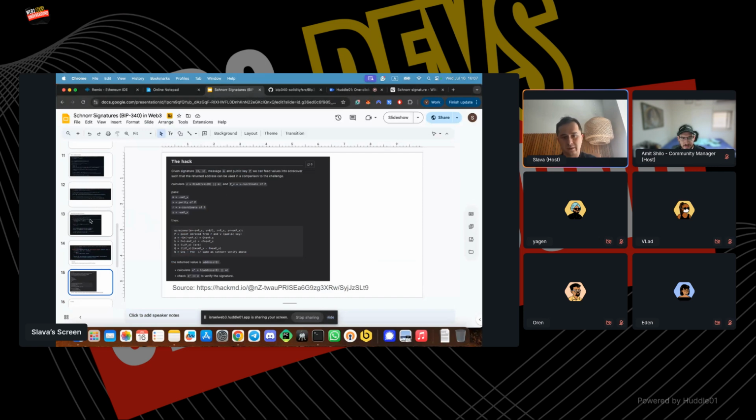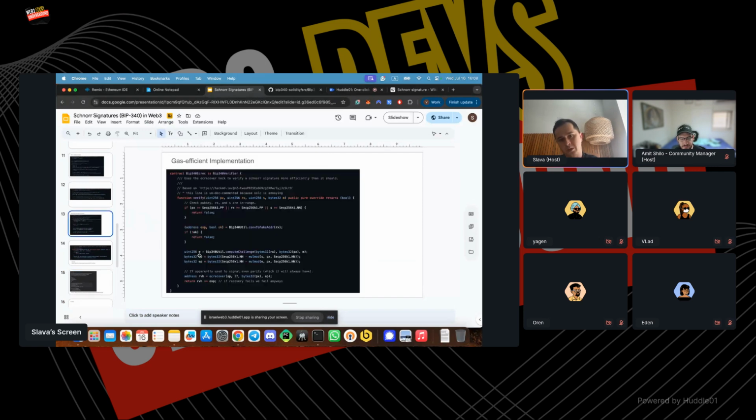Yeah, so how do we do it here? First of all, we take a public key that we're going to check the signature against, and we convert it to a fake address. Fake address means that we treat this public key as a regular public key for ECDSA signatures, and we convert it to the address as if this public key was just a regular ECDSA public key. And the resulting address, we record it,